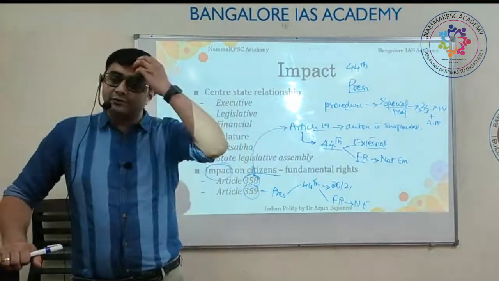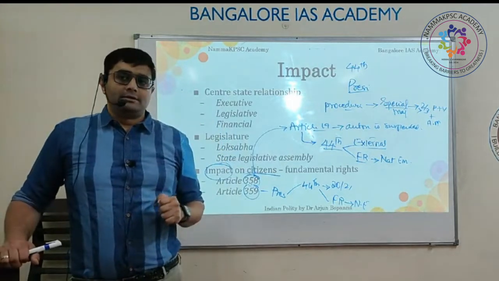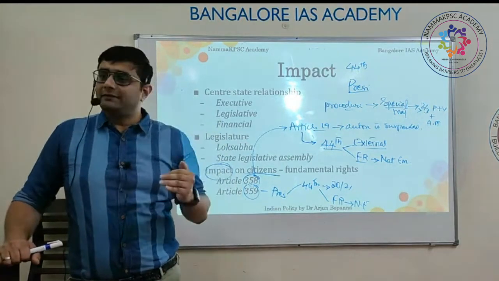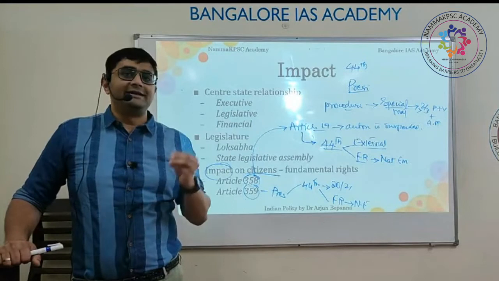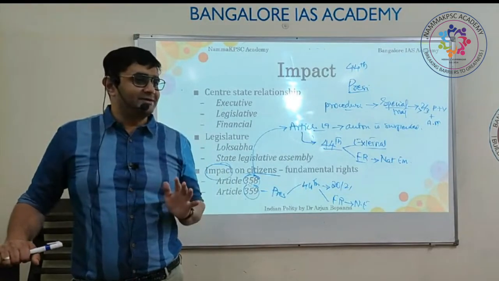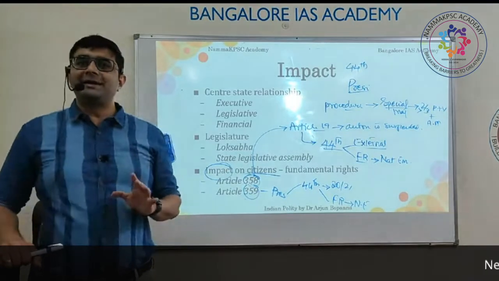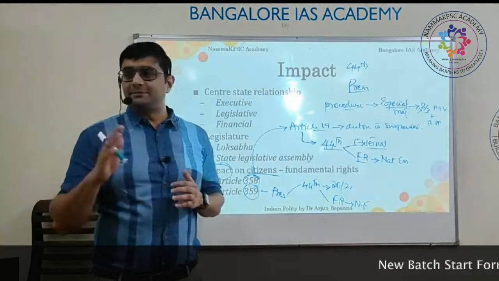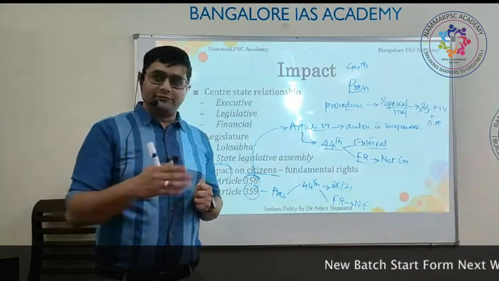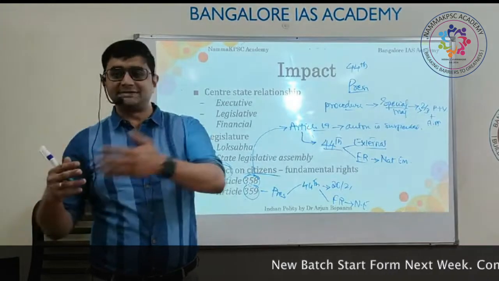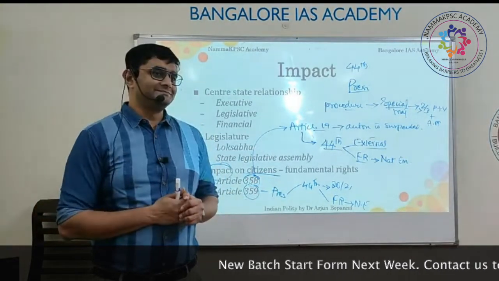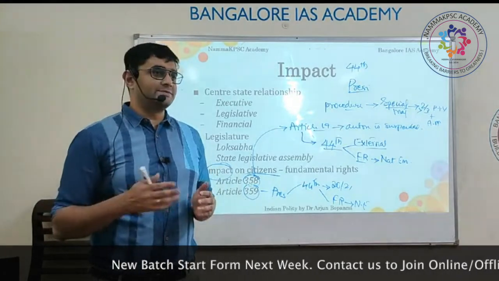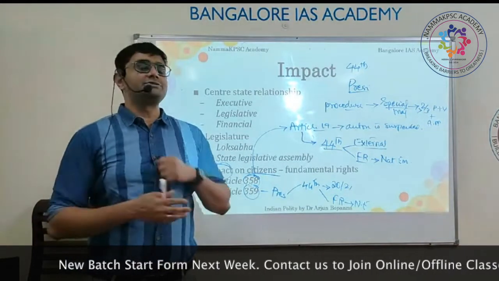So before this 44th Constitutional Amendment, how it was? Once the President declares emergency, it will remain in force forever. And it has to be approved by the Parliament through simple majority. See, that was very easy to declare emergency before. So both Houses of Parliament sitting separately had to approve it by simple majority. And once approved, it will remain in force indefinitely until the President revokes it. You understood? But because it is very risky, correct? No, it was misused. So therefore, the 44th Constitutional Amendment Act made